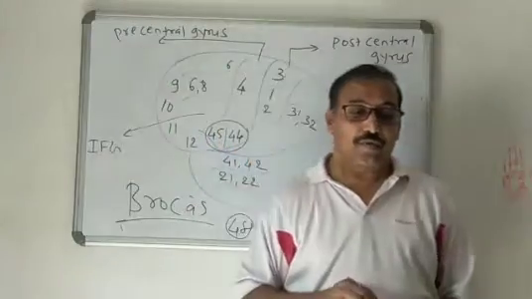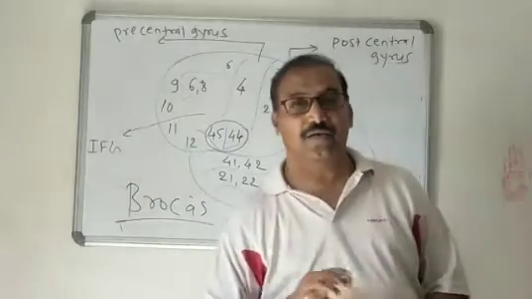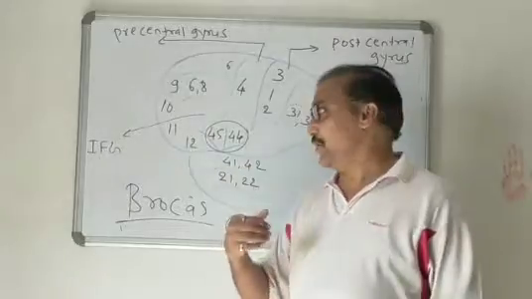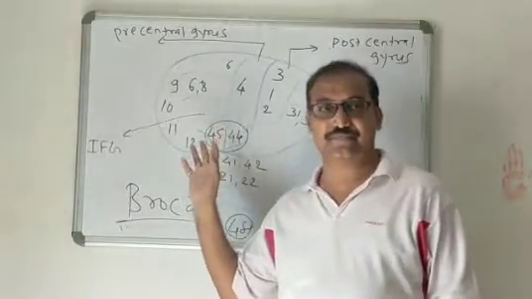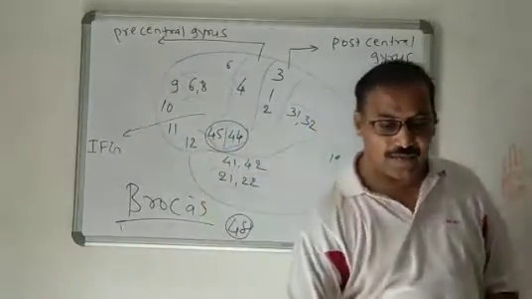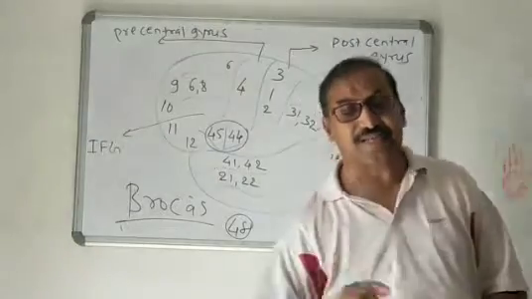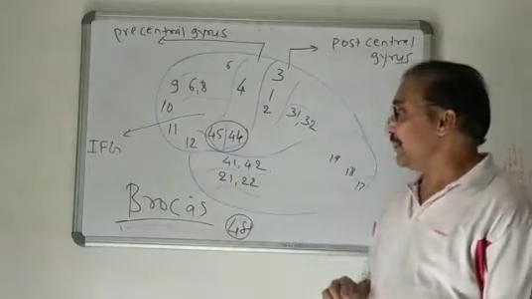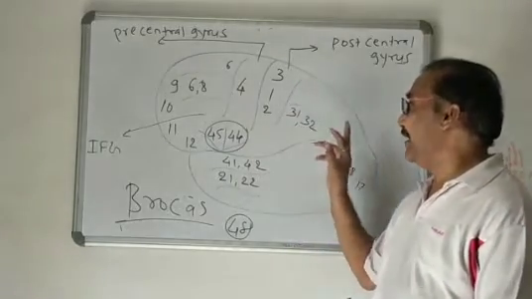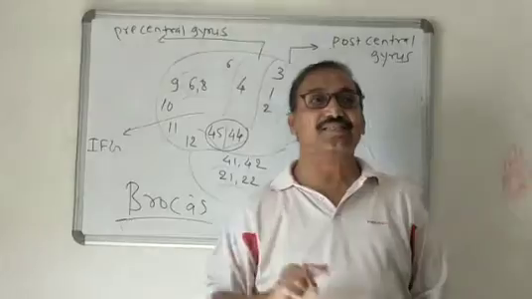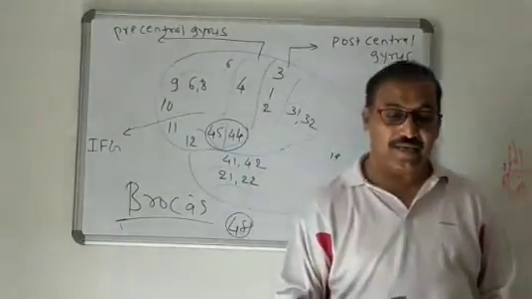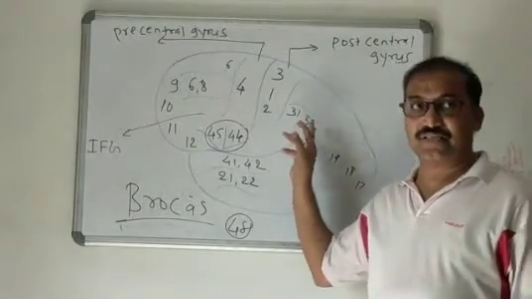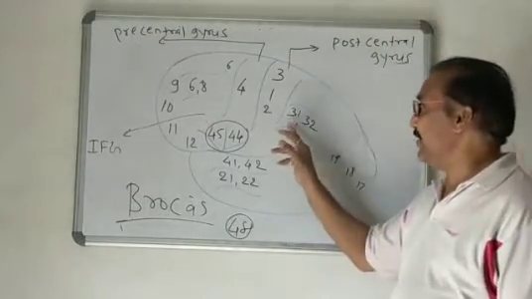So this is the motor speech area. It is the area for speech. If I am talking to you, it is just because of this motor speech area. Understand? Now another area is present, that is the sensory speech area. This area is present over the parietal lobe, and the number given to this area is 31 and 32. This is the sensory speech area. This area is also called Wernicke's area. This is Wernicke's area, area number 31 and 32.